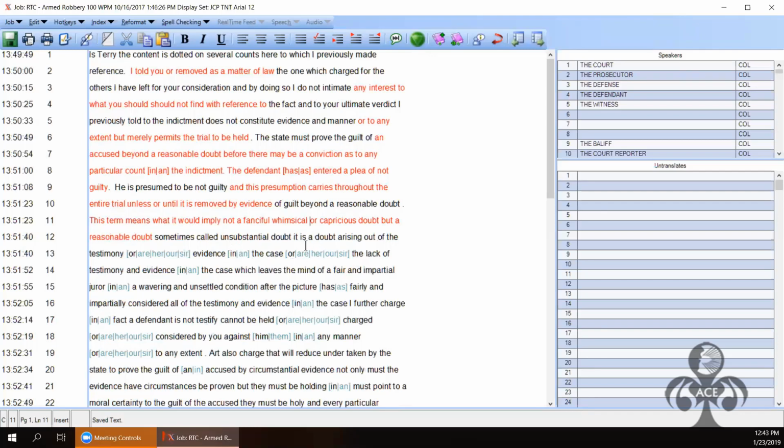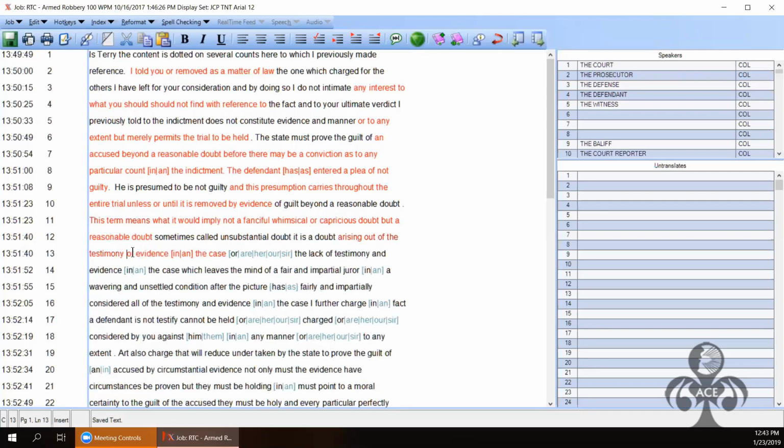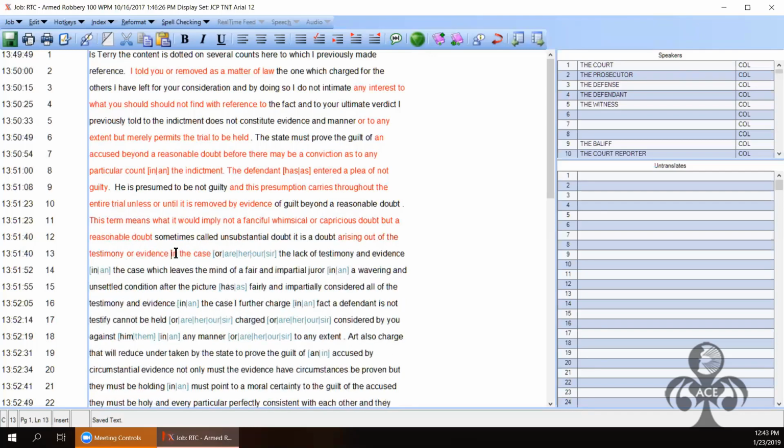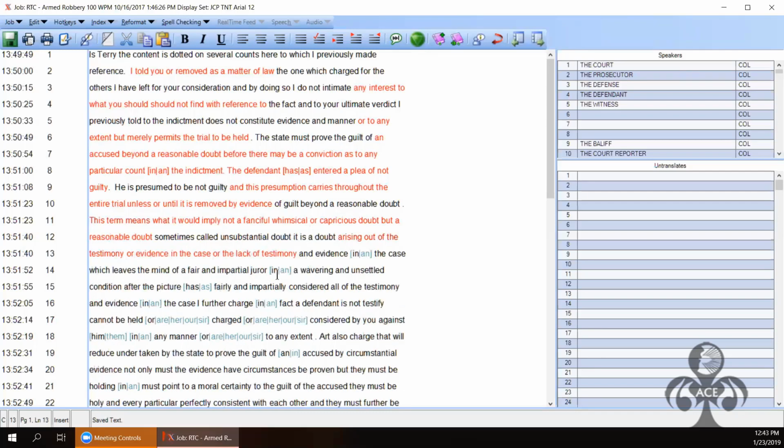It is a doubt arising out of the testimony or evidence in the case, or the lack of testimony and evidence in the case, which leaves the mind of a fair and impartial juror in wavering and unsettled condition after the picture. So you just keep going through